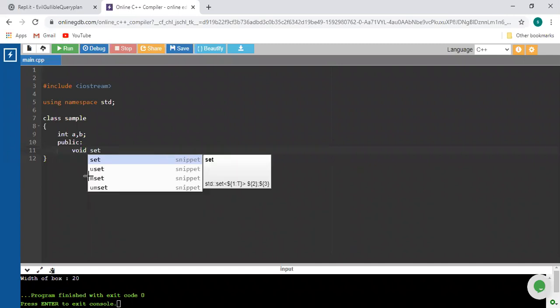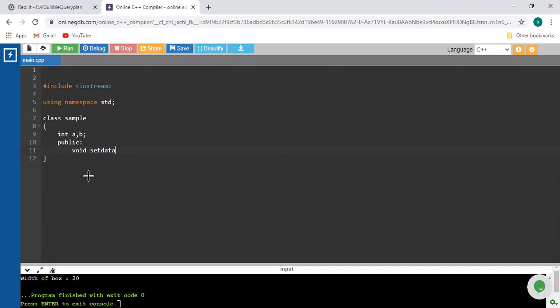First one is the member function, set data or set value. It's the first method, and inside set value I will just set both the variables to 10 and 20. Okay, this is a normal definition.